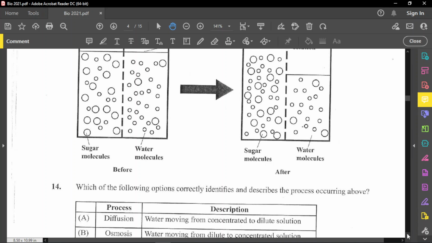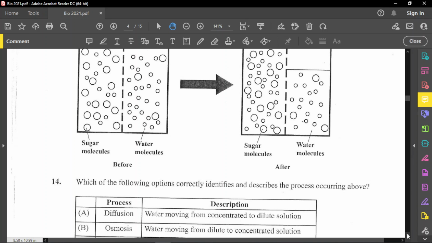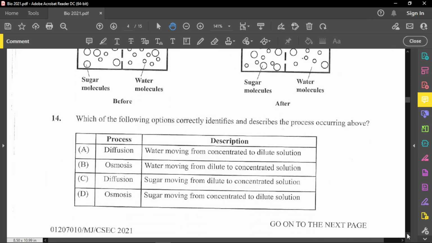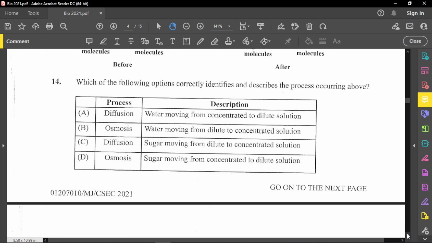So for question number 14, it said which of the following options correctly identifies and describes the process occurring above. So once again, substance moving in and out of a cell due to a difference in concentration, you know that is osmosis. So we're looking for osmosis as our answer. So we know that it's between B and D. And so let's look at what B is saying. It's water moving from dilute to concentrated solution. That is perfectly said. So B will be your option, but let's look at what D is saying just in